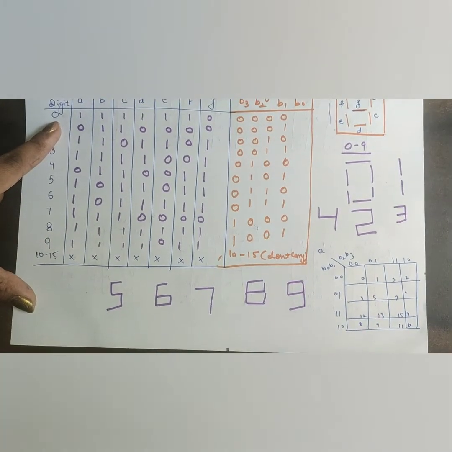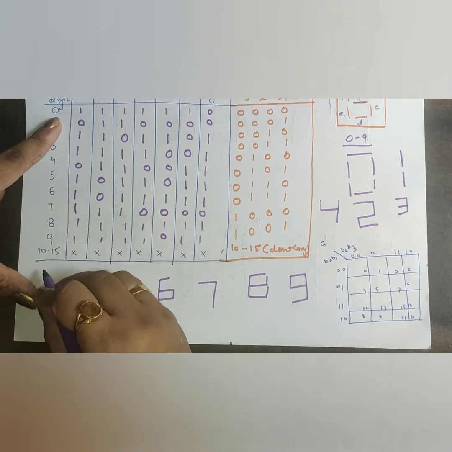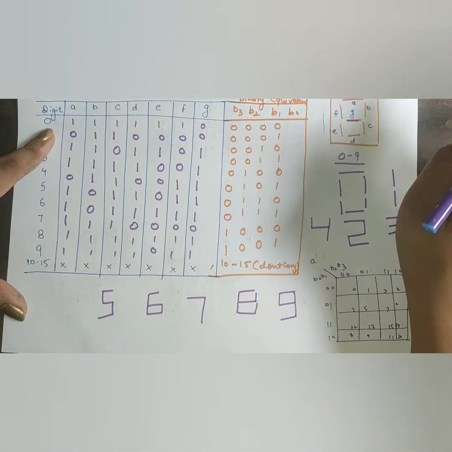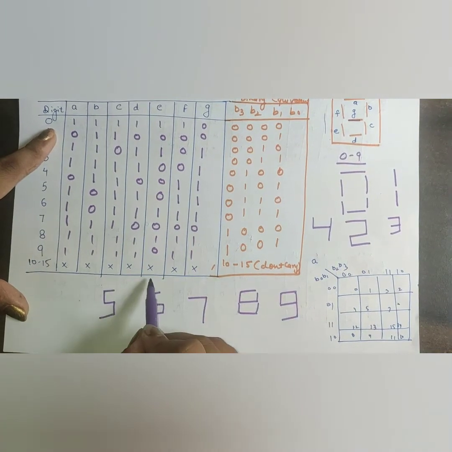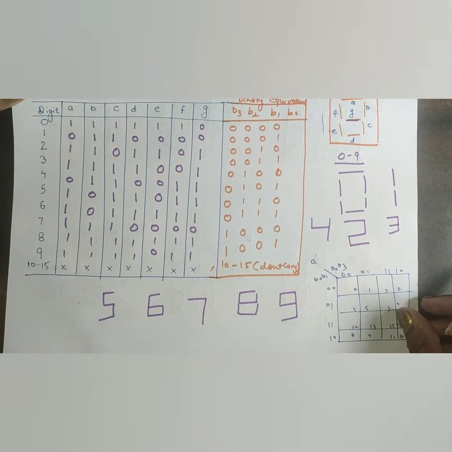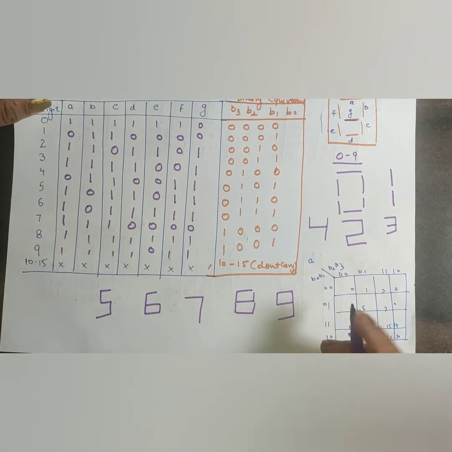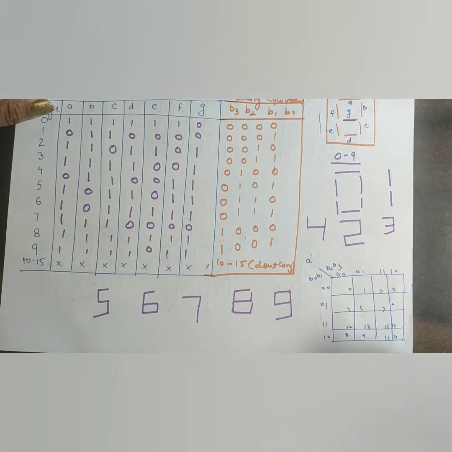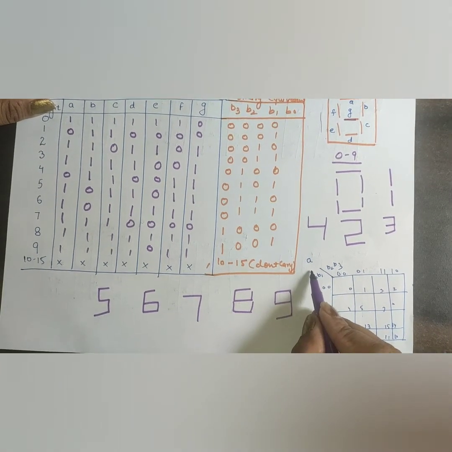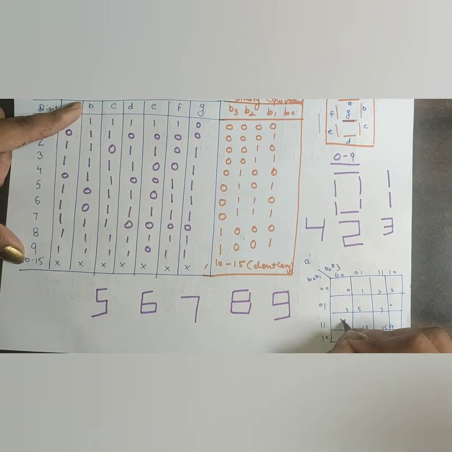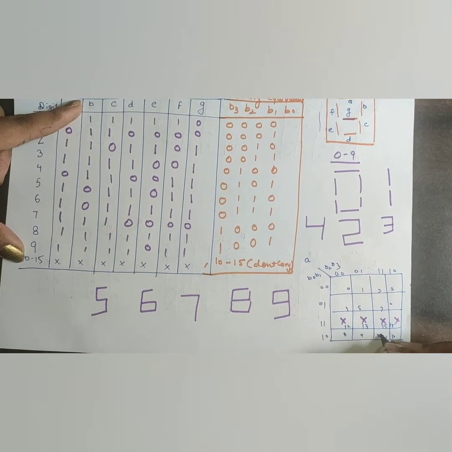Now you can check for 10 to 15 there is no condition. There is a don't care condition, so we can write don't care for each of 10 to 15. If we make the K-map for each block, I will show you for A and the others will be made by you. So A will be don't care from 10 to 15.